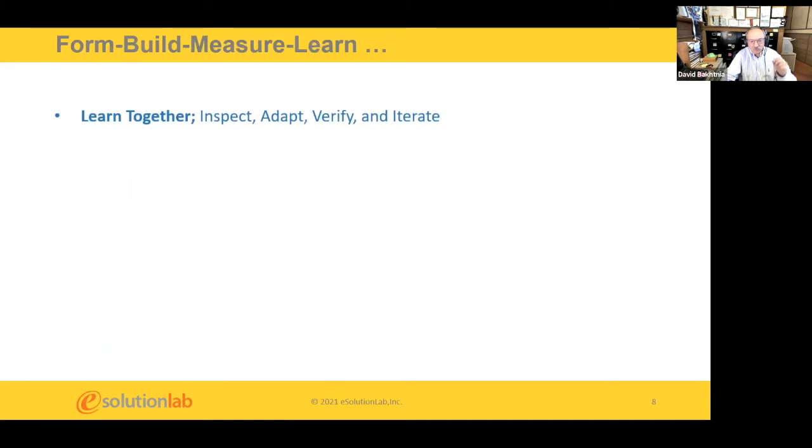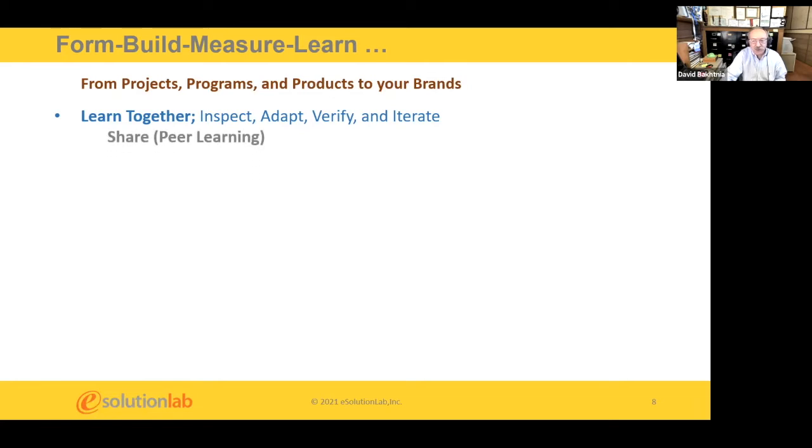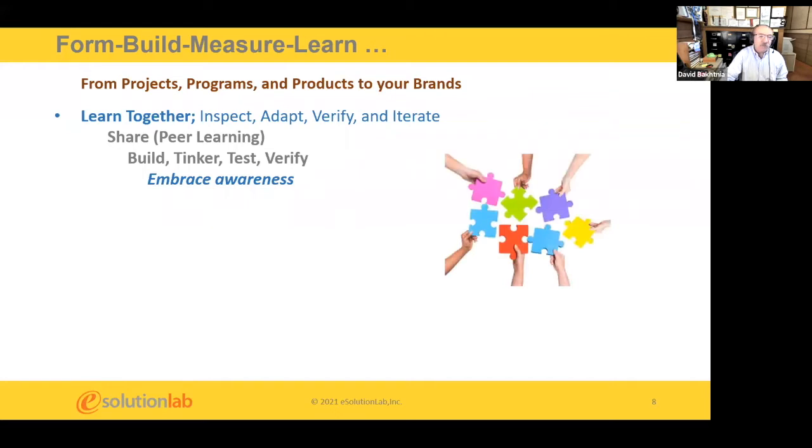And then along the way, what I'm thinking is from projects, processes, and I'm leading towards branding what we're doing and how we're doing what we're doing together. We start learning together, and it's not just peer learning, it's across, from bottom up, top down, and across the organization. We share together, we build, we start testing, verifying what we've done, what we've built, then we embrace that awareness of how we're working together,